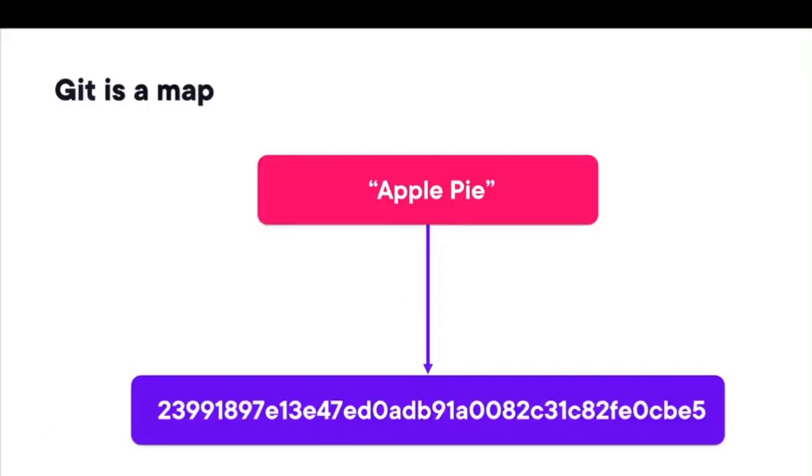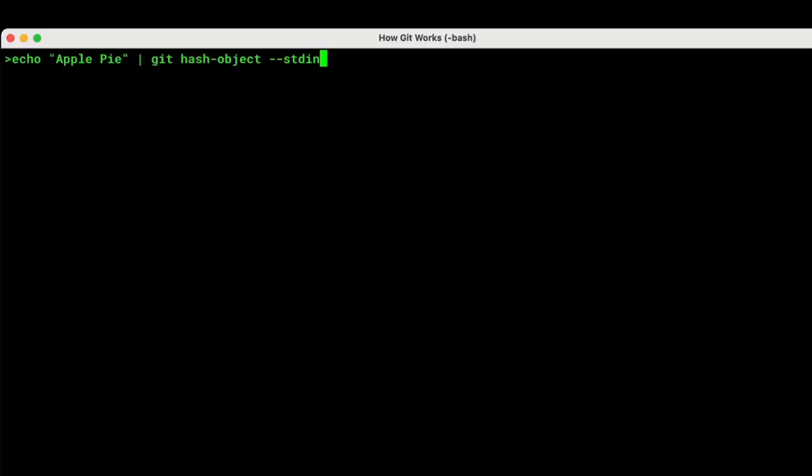So we have seen that Git is a map where the keys are hashes and the values are pieces of content. But I also said that Git is not just a map, it's a persistent map. Where does persistence come from? Let's go back to the git hash-object command we used a few minutes ago. If I want the apple pie content to be persistent, I can add the -w argument to this command. -w stands for write. So now, besides generating the hash, Git will also save this piece of content in its